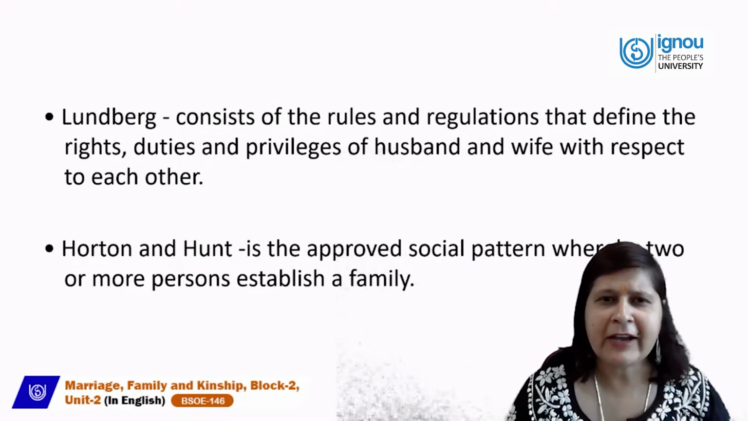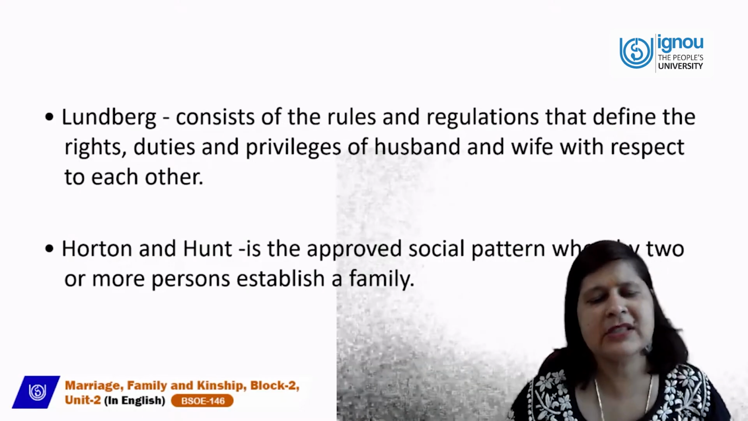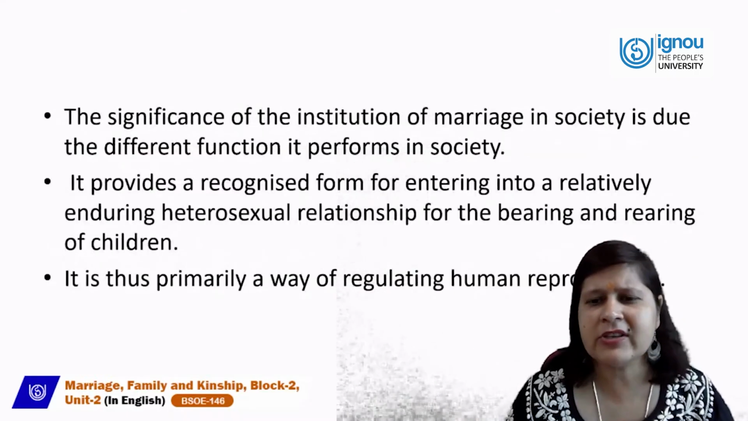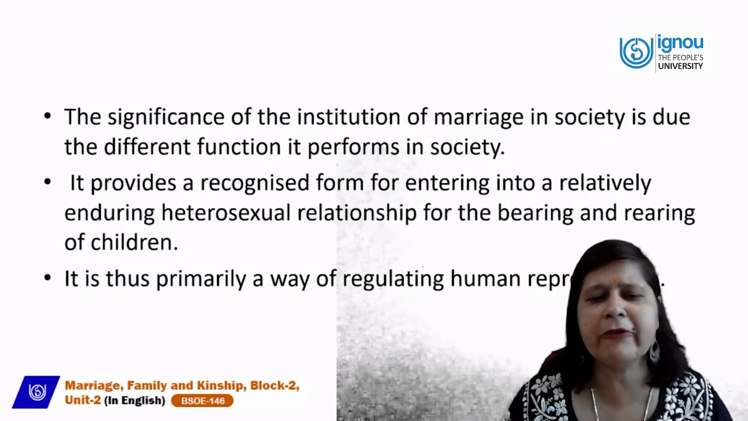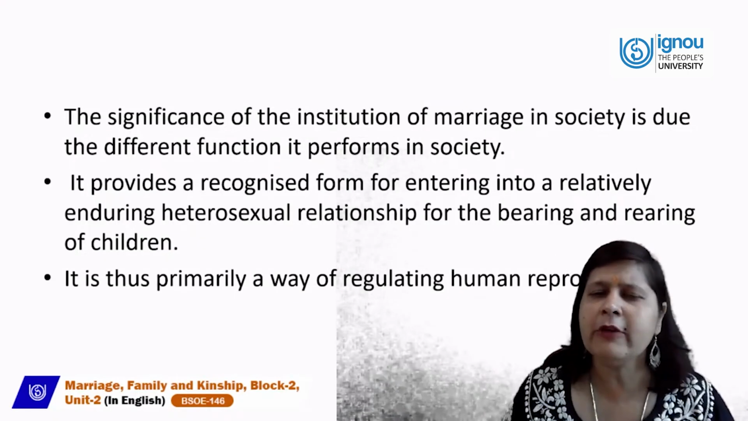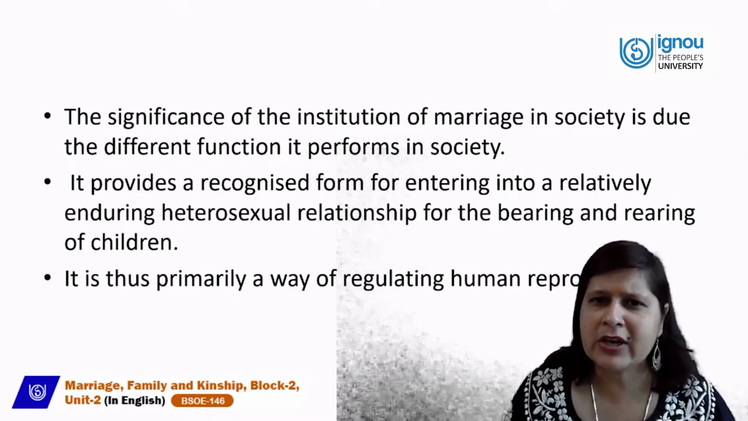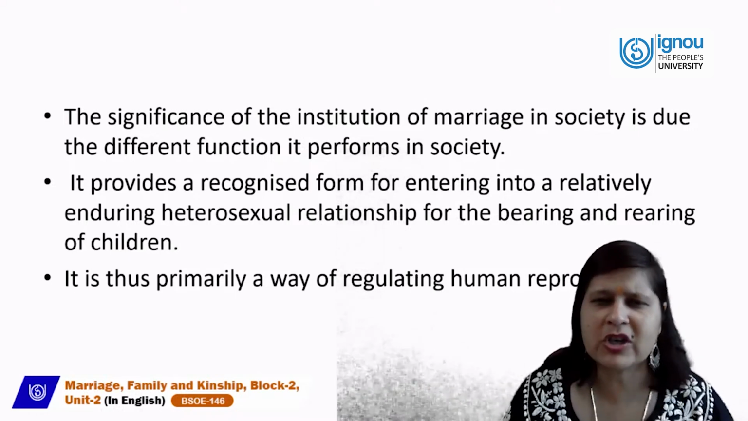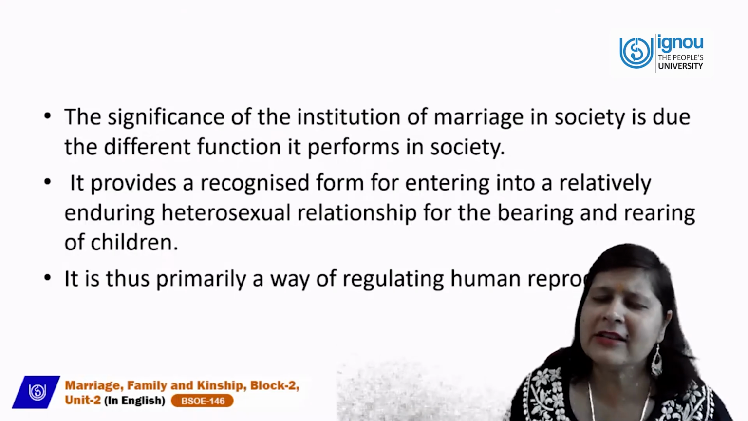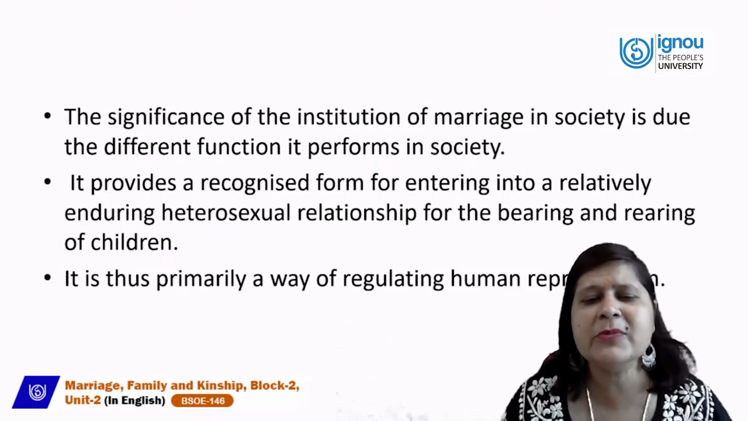Horton and Hunt defined it as the approved social pattern whereby two or more persons establish a family. The significance of the institution of marriage in society is due to the different functions it performs in the society, right? So, what are the three main functions of marriage? That is procreation. It is required for the legitimacy of the child, and it is required for the inheritance purposes. And this institution is very significant, is very important, right, in this society, and it performs different functions in